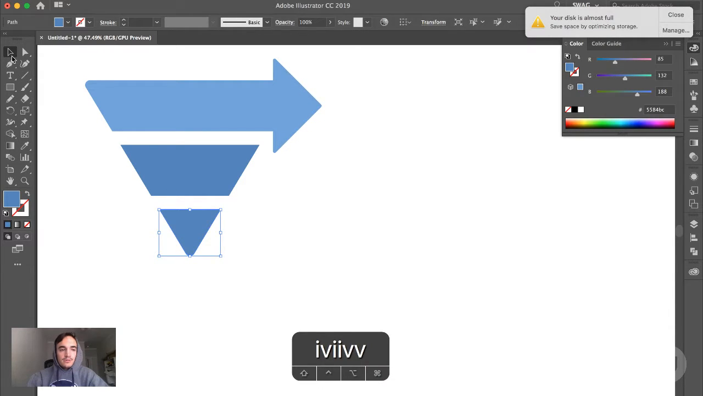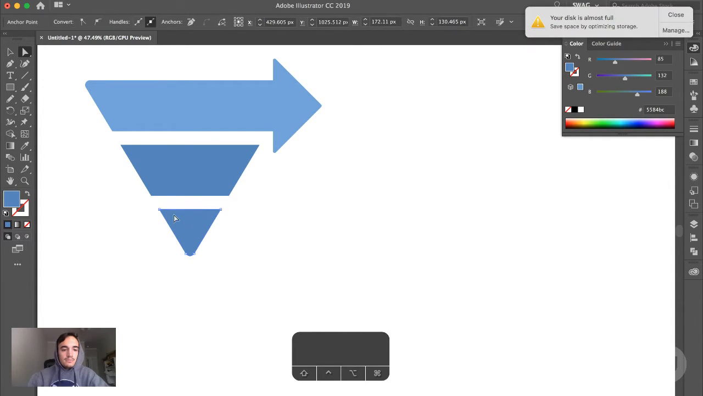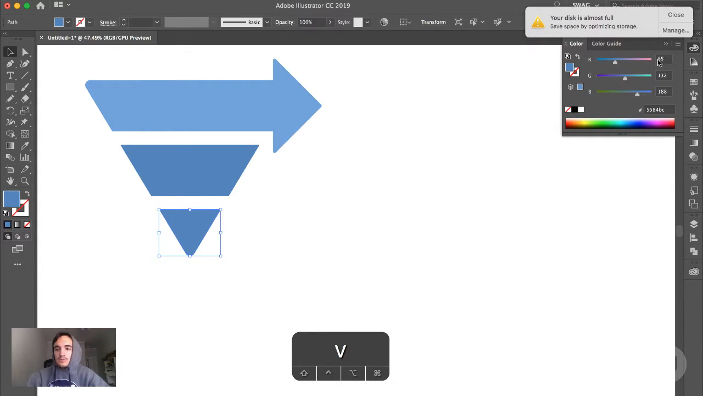Selection tool is your base tool. You just use that always when you don't know what to do. That's what you can move stuff around with. And then the anchor tool allows you to select individual points and move those around. So back to V, and we're gonna do here,